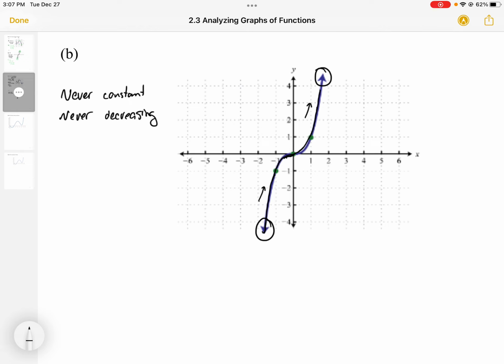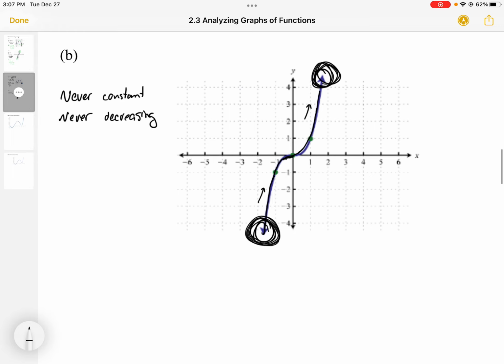And it's increasing forever on the left, and it's going to continue to increase forever on the right. So the interval where it is increasing is forever on the left to forever on the right. And those are supposed to be infinity symbols, not eights. And that is